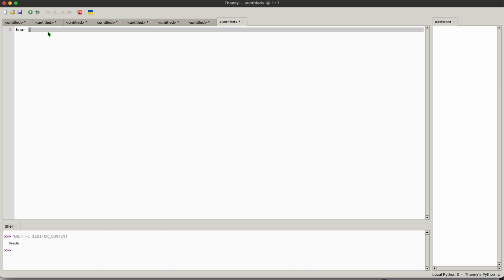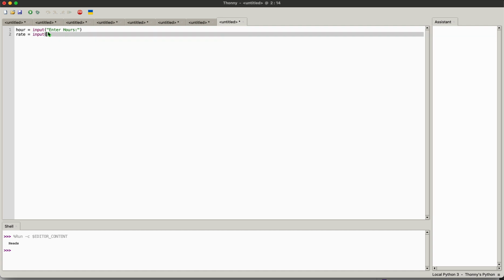work, equals input, the bracket string, enter hours, colon, and brackets. Then rate equals input, enter, rate